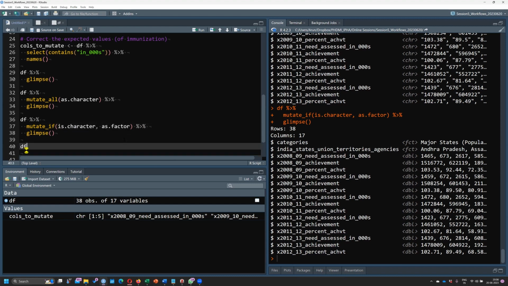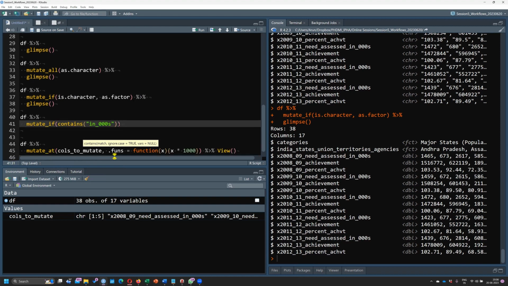I did try that here. Pipe mutate_if contains what? In underscore thousands, right? Yeah, in underscore thousands. Then multiplied by 1,000. So ideally,